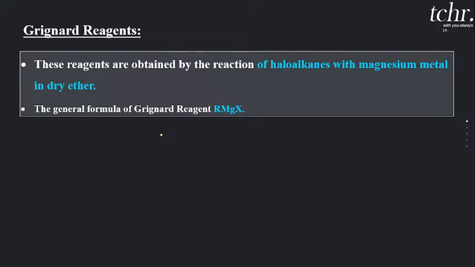Grignard reagent 3 marks question ಅಲ್ಲಿ ಕೇಳ್ತಾರಾ ಬಿಡ್ತಾರಾ ಅನ್ನೋದಕ್ಕಿಂತ understanding about the Grignard reagent is very very important, because in all the coming organic chemistry chapters you will be dealing with this Grignard reagent. So first of all, the first and foremost important thing, you should know the formula of the Grignard reagent, that